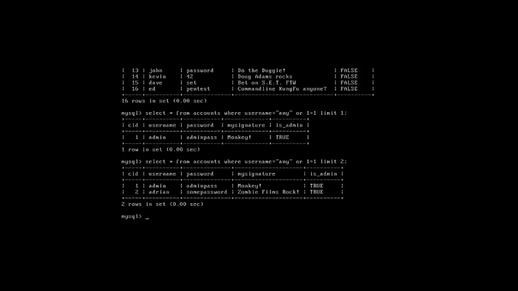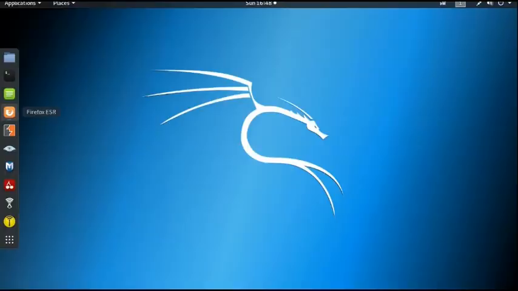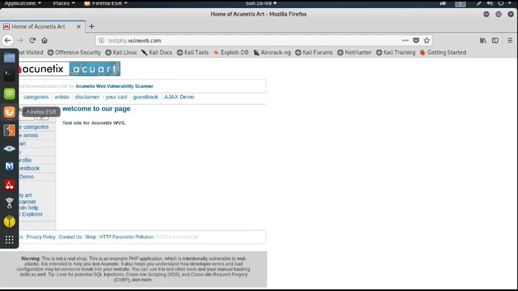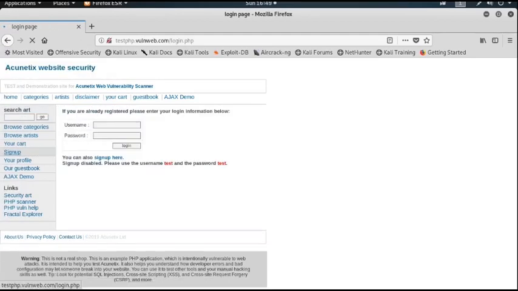Now we use this concept in a particular web application form to bypass the authentication. Now open our test web application testphp.vulnweb.com. Go to sign up, and it is asking for username and password.